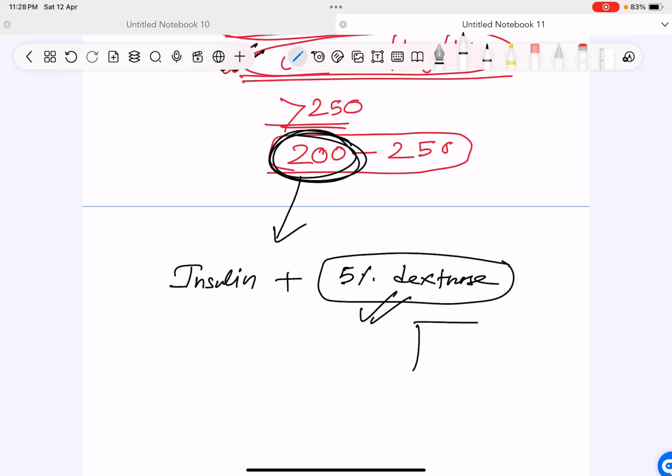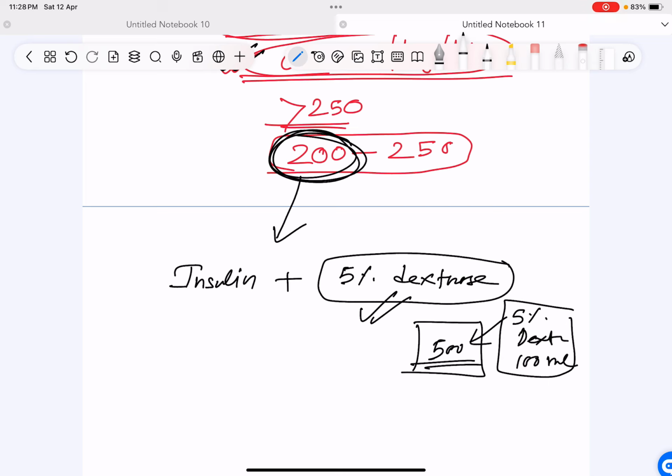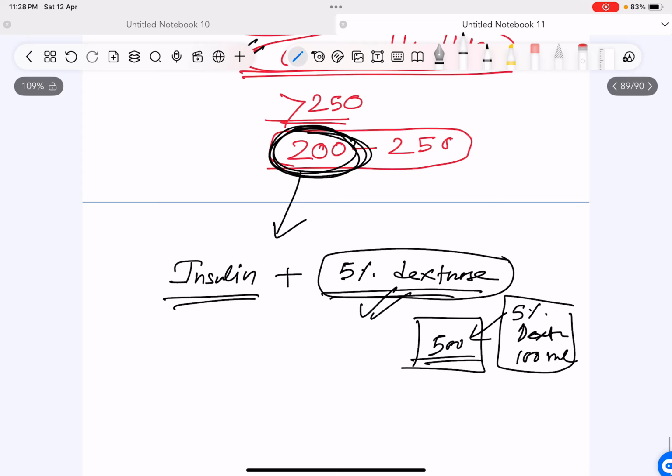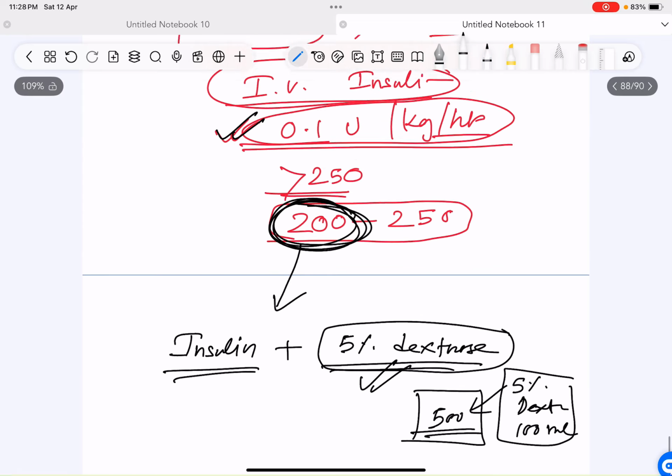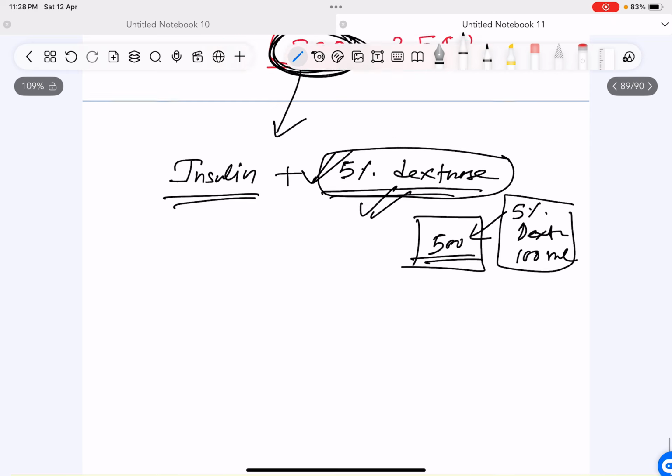That means in one bottle of NS, which contains 500 ml, you give one bottle of 5% dextrose, which is approximately 100 ml. So insulin along with 5% dextrose once the glucose level becomes 200, because you don't want to develop sudden hypoglycemia. To prevent hypoglycemia from developing, you give this 5% dextrose